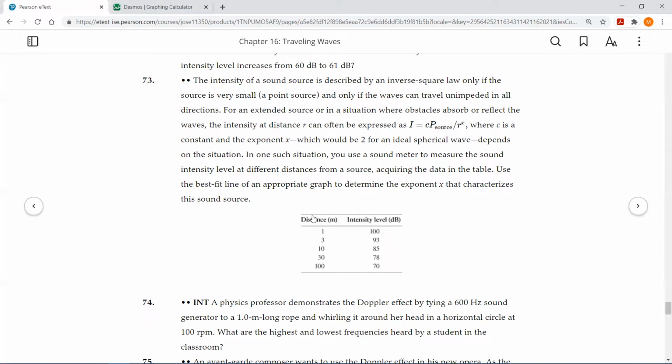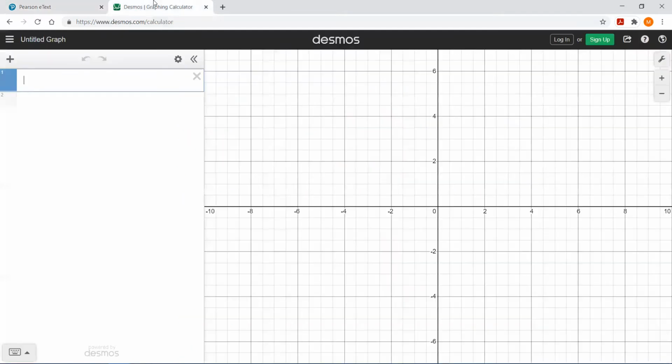You can see here, as you get farther from the source, the intensity level goes down. So first, let's go into Desmos and plot this function and allow C and X to be parameters so that we can see how the curve depends on those two values. So I'll go with intensity equals, so the intensity is implied as the vertical coordinate here, C times, I'll go ahead and put the power P, that's the power of the source, over,